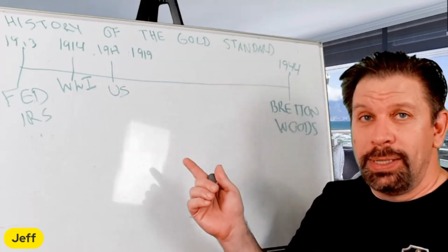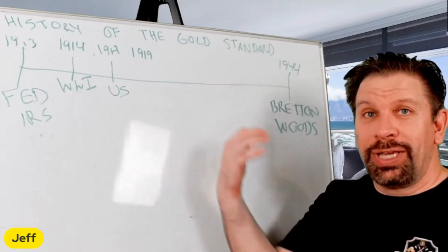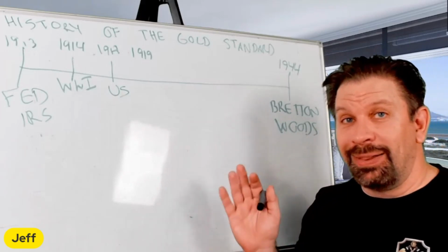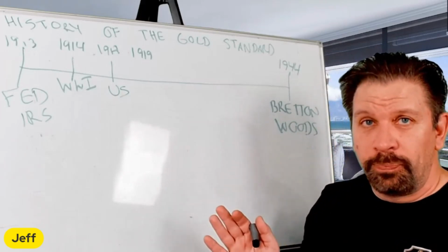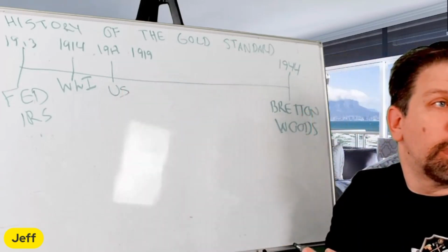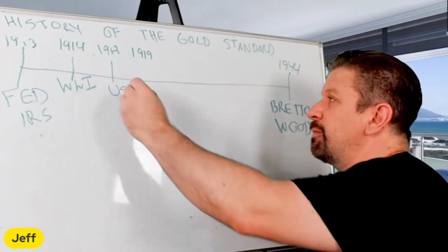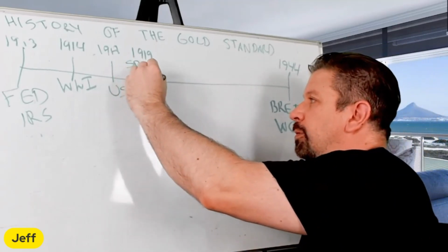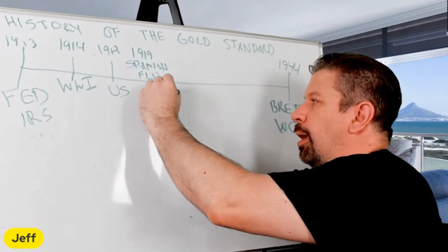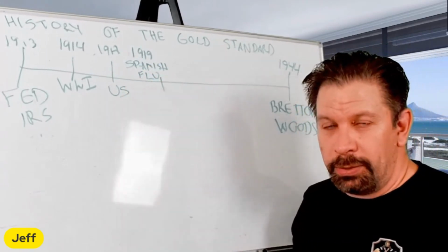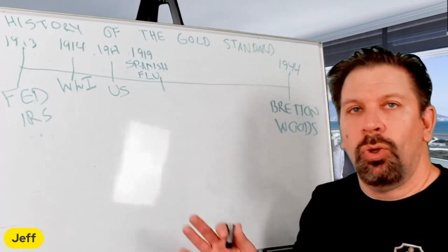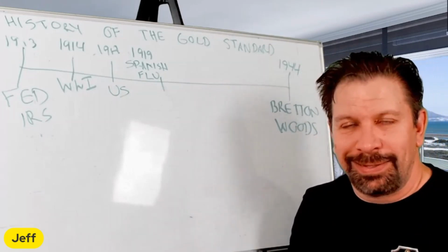But what happened was a lot of the soldiers came back from World War I, and they brought back with them, allegedly, the Spanish flu. Now the Spanish flu was 1917 to 1919. Depending on who you ask, that was very similar to what happened in 2020 to 2022-23 with a global disease, okay?